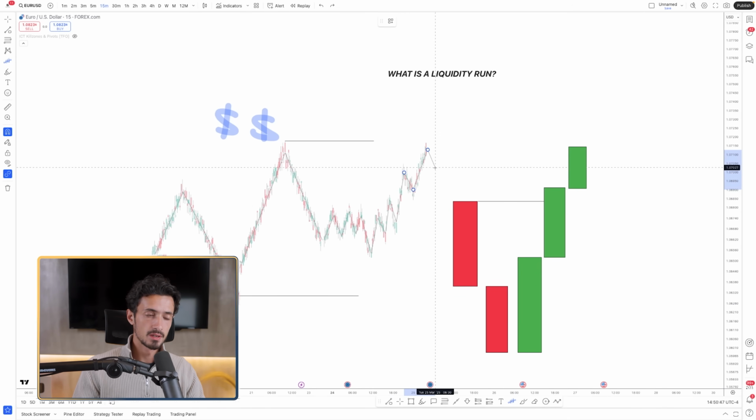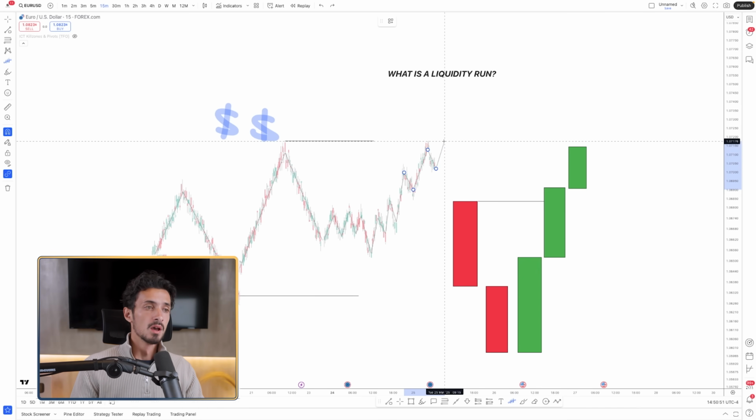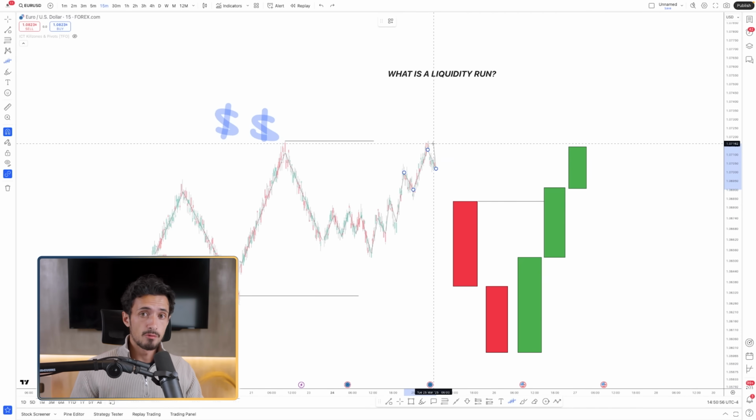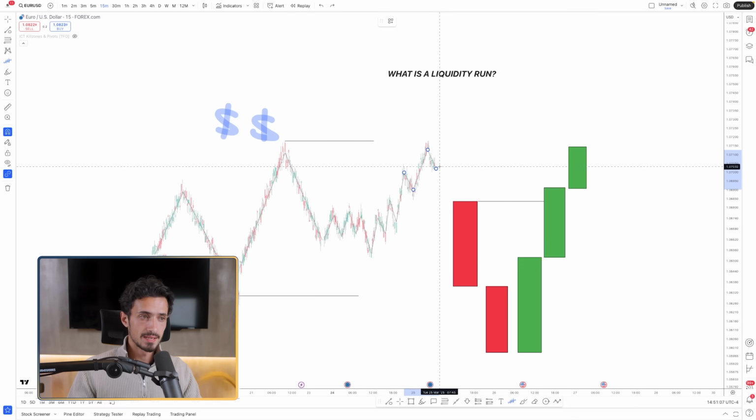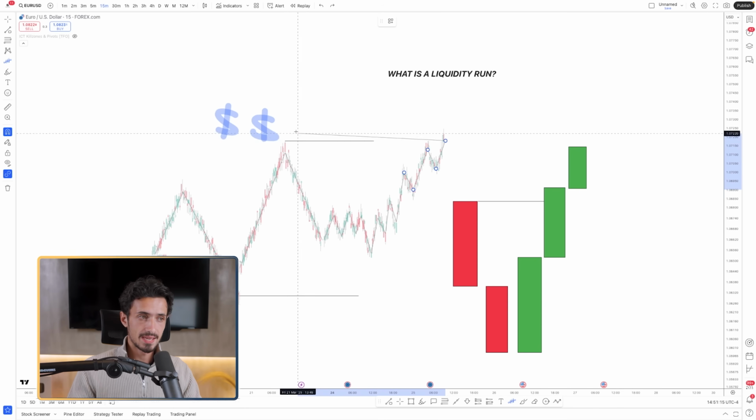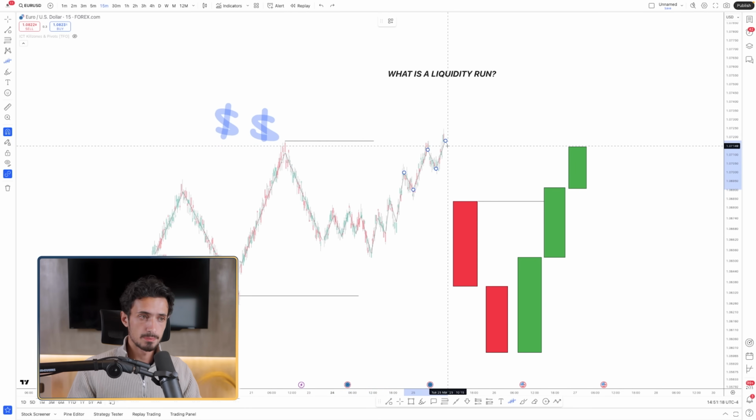And eventually, when we go through this high, which is the logical phase of price, there is, number one, everyone who's already buying and everyone who's rushing to buy late. Number two, all of the sellers that start to get in. That's why sometimes you see a rejection of a high as well, because it induces more sellers to create more liquidity. Well, what happens then is when price reaches this level and all of these stop losses get filled and all of these breakout traders get into the market,